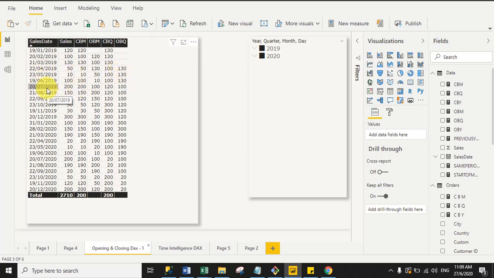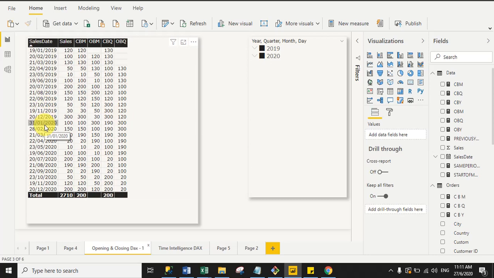Now move to the third quarter, that is July, August and September. For the third quarter, the first date of the quarter is in June month, and in June the last day sale is on 19 June, sales value is 100, so that's why it is returning 100 against the third quarter. Now move to the last quarter, that is October, November and December. For the last quarter, the first date of the quarter is September, and in September the last date sale is on 22 September, sales value is 120, so that's why it is returning 120 against the fourth quarter sales value.